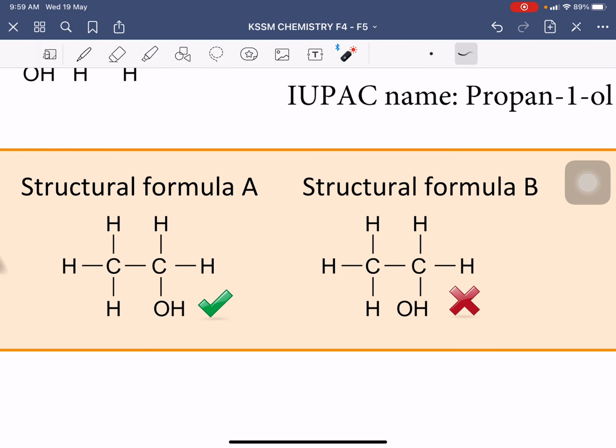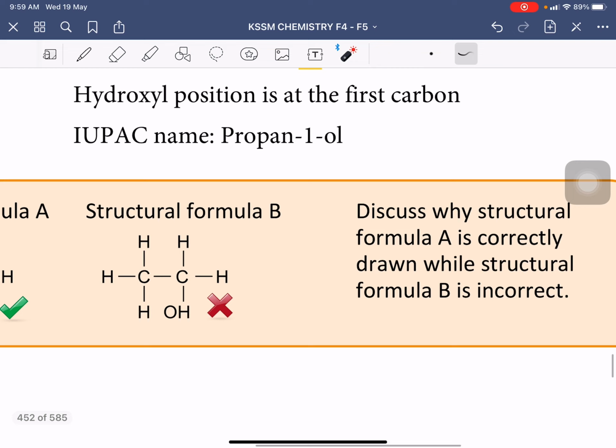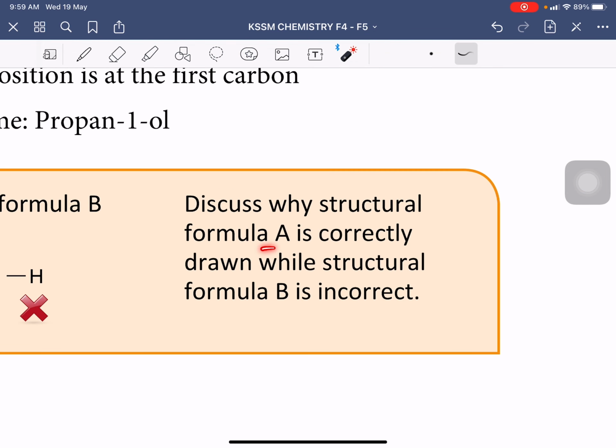Look at this structural formula. A is correct, where the bond from the C is bonded to the O in the hydroxyl group. But the structural formula for B is wrong. Look at the bond. The bond is bonded to the hydrogen atom in the hydroxyl group. This is not correct. So let us discuss why structural formula A is correctly drawn while structural formula B is